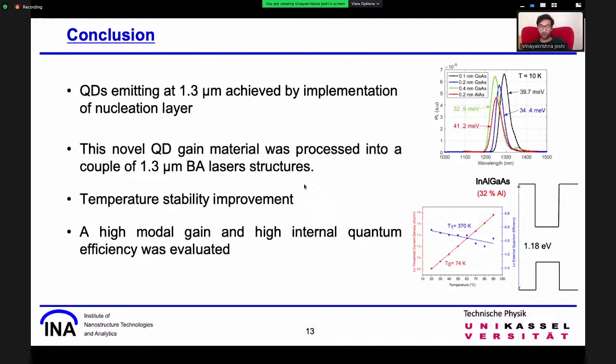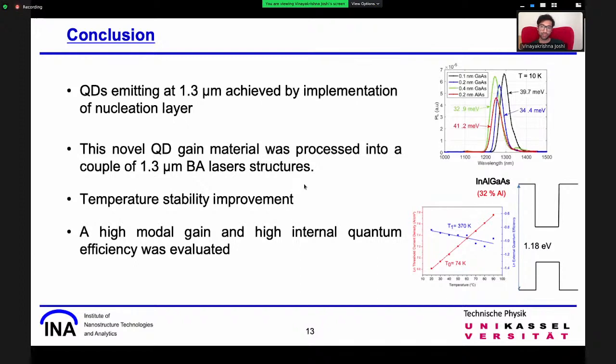To summarize it all, a normal growth method was implemented for the growth of these 1.3 microns indium arsenide quantum dots on indium phosphide. Gallium arsenide and aluminum arsenide were investigated for the nucleation layer, and the homogeneity of these quantum dots has also been increased by the optimization of the quantum dot growth rates with a secondary indium cell. Two lasers were designed and implemented with this new quantum gain material and later processed into broad area lasers for